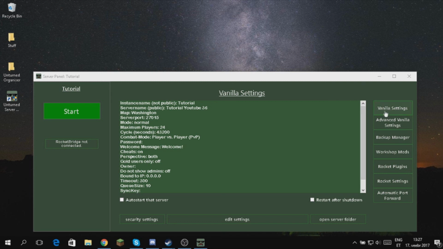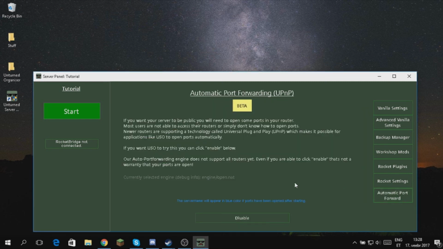You see that there will be vanilla settings and plugin stuff and that, but in the bottom will be automatic port forward. So some of you can use it, but some of you cannot use it. If you can't, you need to port forward in your router, but I can.